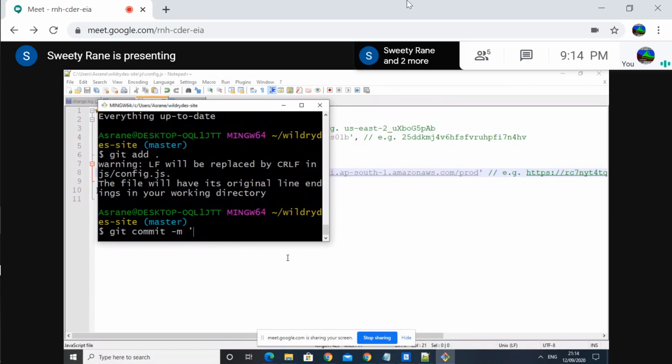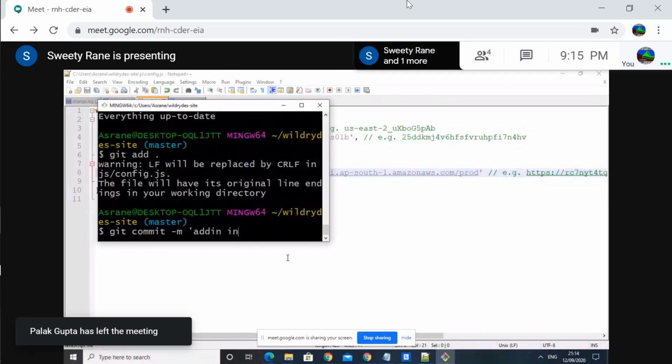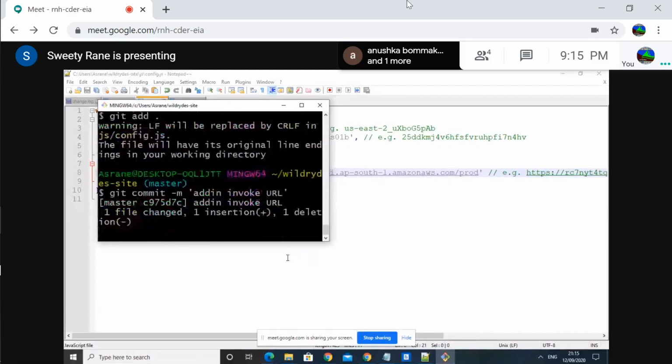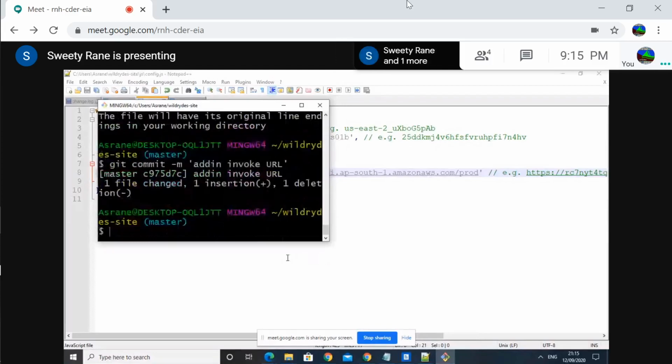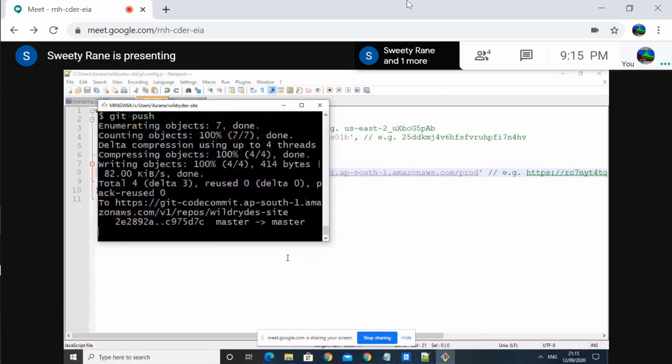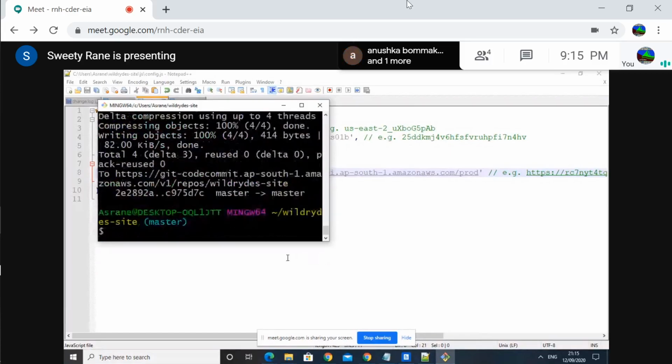Yeah, so we're saying adding invoke URL to the API, something like that. Okay, I think it's done now. Now go back and read the next step.